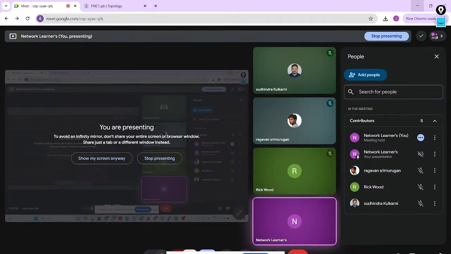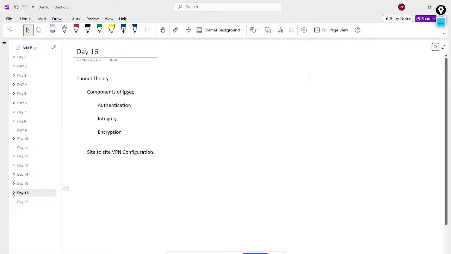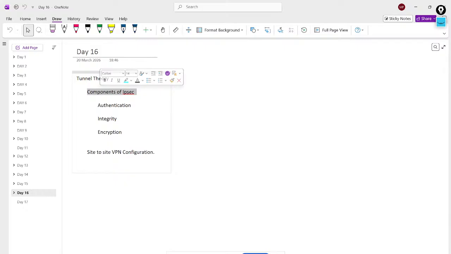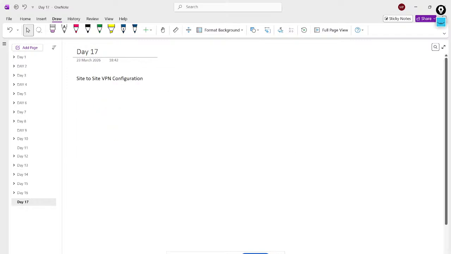Okay. So these things we have already discussed in our last class, like what are the components available in IPsec VPN, like authentication, integrity, encryption. Why do we need all these things? Then what is phase 1 authentication and what is phase 2 actual traffic? Generally in a Fortigate firewall we have two phases. Even in practical, when we are configuring, we need to configure phase 1 and phase 2. Phase 1 is called a management tunnel,